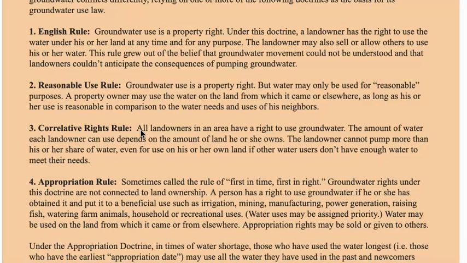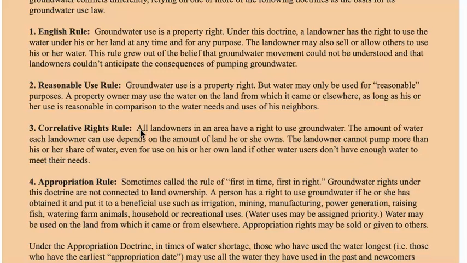Groundwater use is a property right. Under this doctrine, a landowner has the right to use the water under his or her land at any time and for any purpose. The landowner may also sell or allow others to use his or her waters. This rule grew out of the belief that groundwater movement could not be understood and that landowners couldn't anticipate the